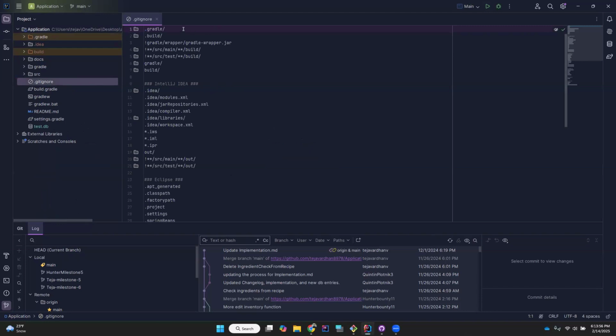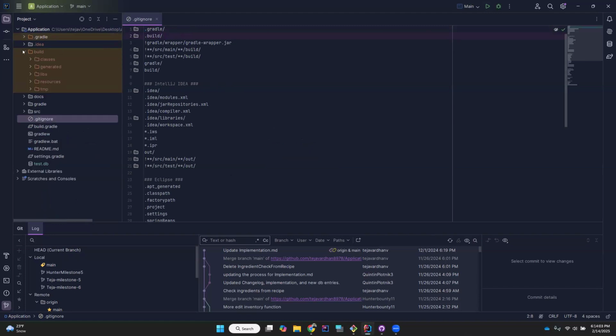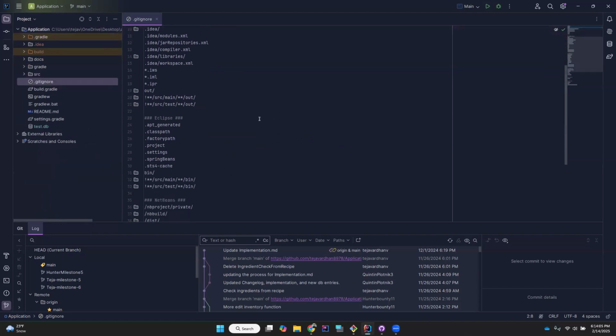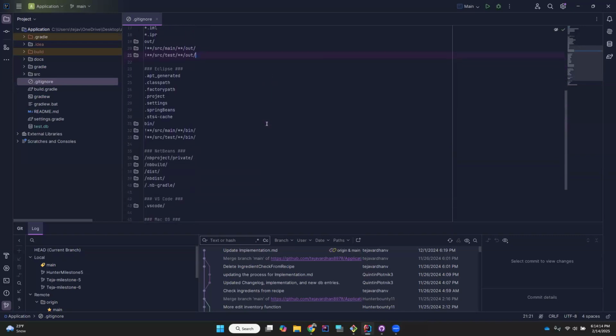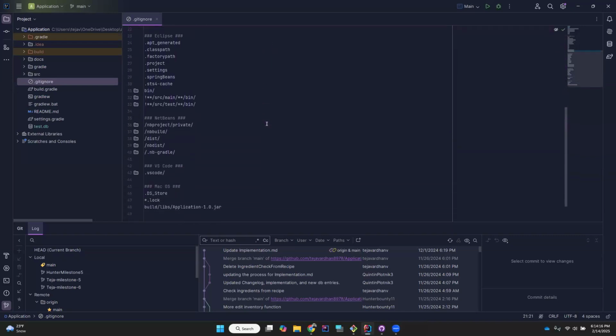So you can see .gradle and the build folder. It usually contains all the class files and all the compiled files. There are quite a lot of files that are usually not supposed to be committed to the repo. So that's why most teams prefer to use gitignore in the remote repository as well.